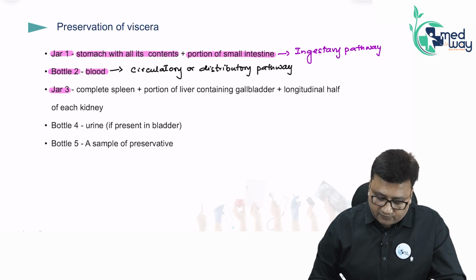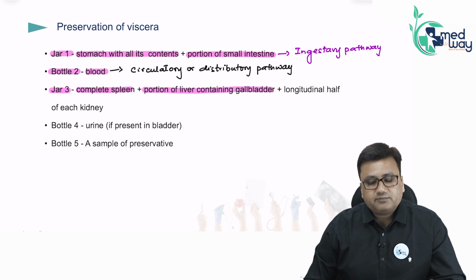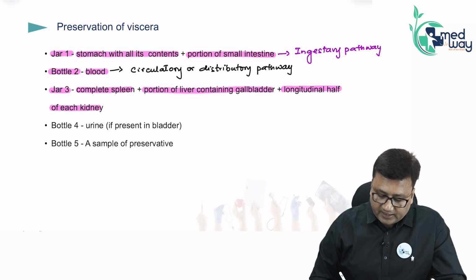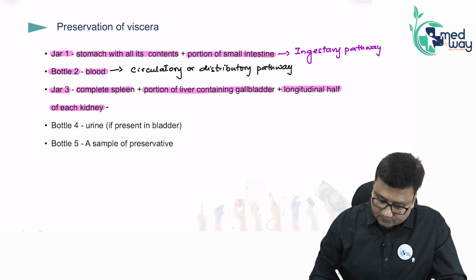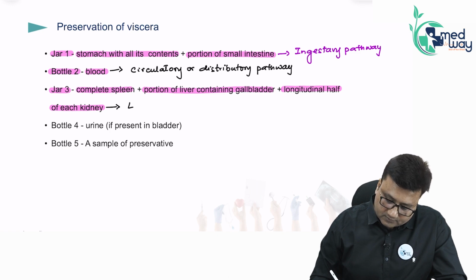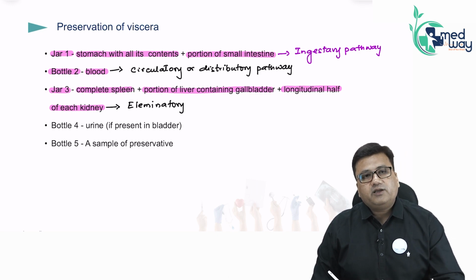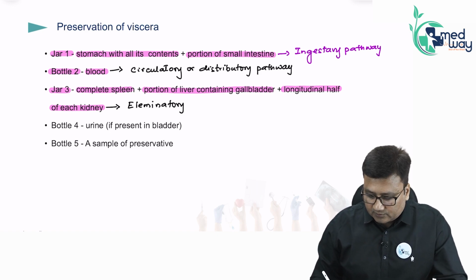It comprises the complete spleen, a portion of liver containing gallbladder, and a longitudinal half of each kidney. This represents the elimination from the body or the excretion from the body. So, let us label it as the eliminatory pathway,